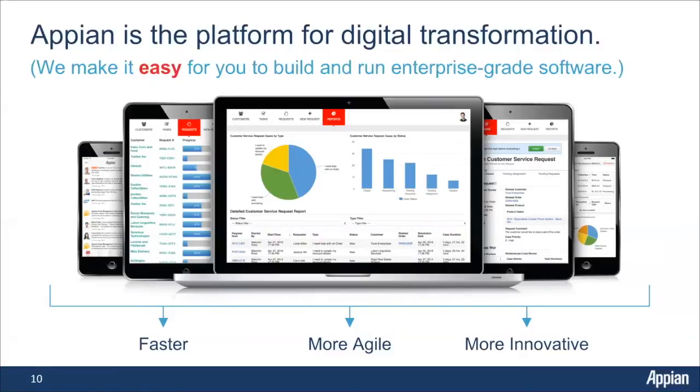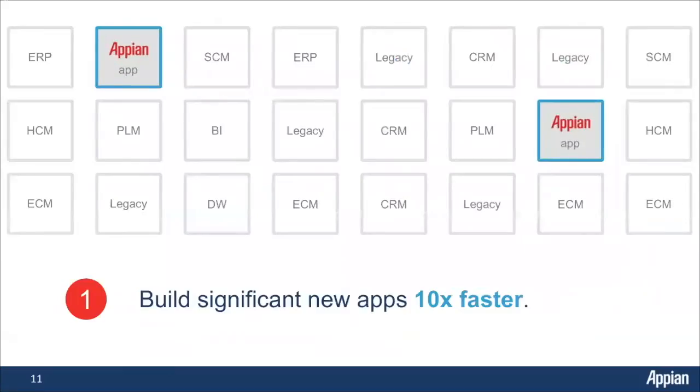that are going to innovate your business as well. So where is Appian typically applied? If you're thinking of your spectrum of your current IT landscape, one of the primary use cases of Appian is using Appian to deliver applications up to 10 times faster. So you might have your ERP, your HCM, your business intelligence solutions, your CRM solutions, but maybe that next solution that you need to build custom, choosing a low-code platform like Appian is going to allow you to very quickly deliver that without those long development cycles.